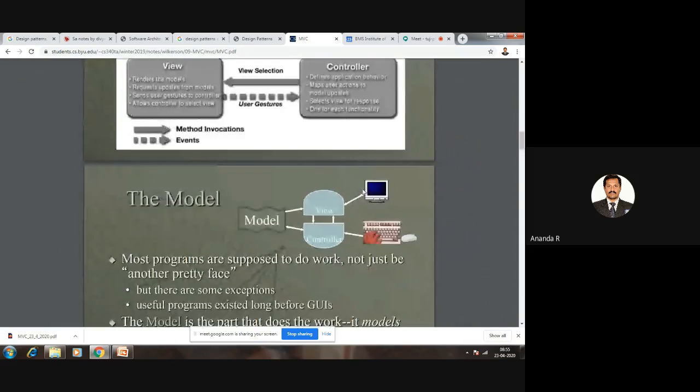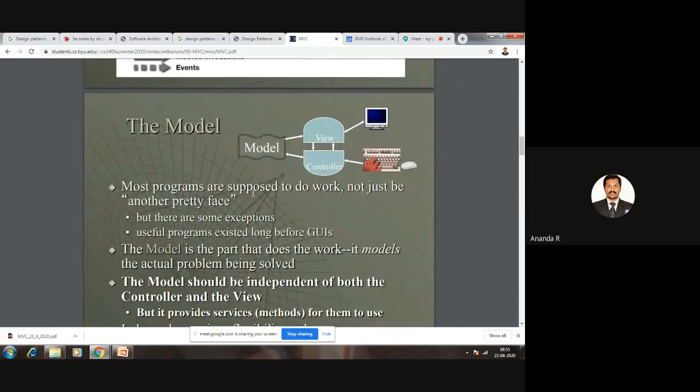And the model: most programs are supposed to do work, not just be another pretty face. Most programs in our model view control architecture pattern are supposed to do work. We are not creating any program or component simply for the sake of creating it. Instead, we assign one task or another to each and every component, whether components of the model, of the viewing, or of the controller.